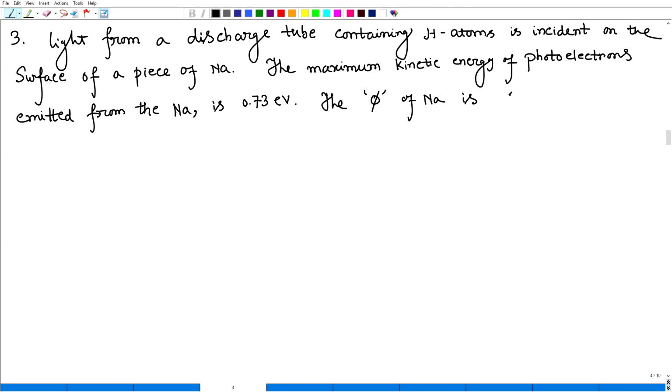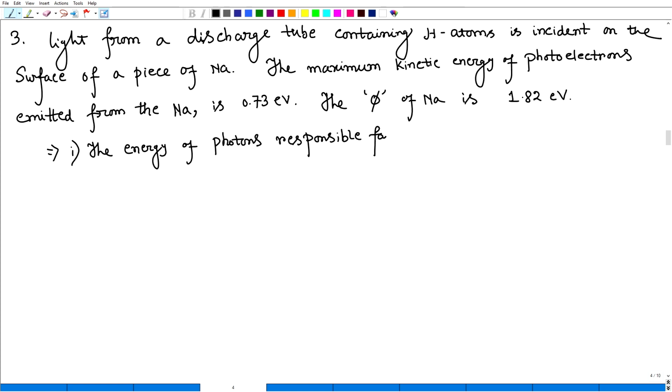The work function phi of sodium is 1.82 electron volt. Now they have asked to find the energy of photons responsible for the photoelectric emission. Okay. And the second question is